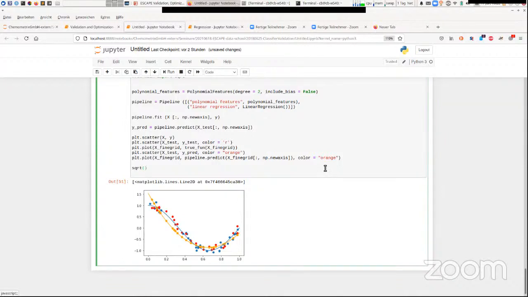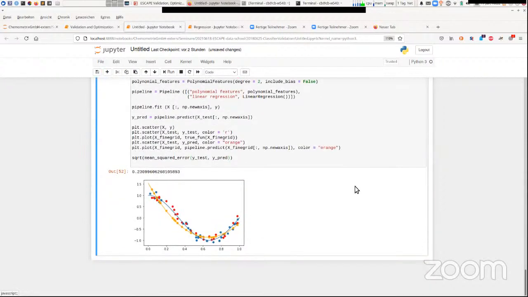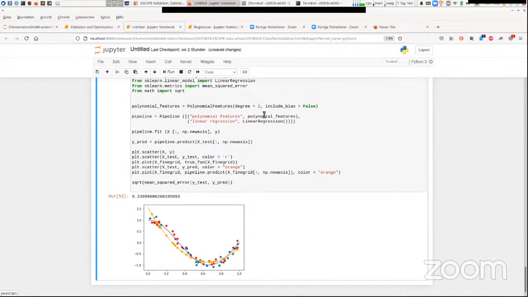So let's look at the mean squared error, or the root mean squared error. These metrics again work by comparing the prediction with the reference value, which is our y test here. What we can do now, basically,